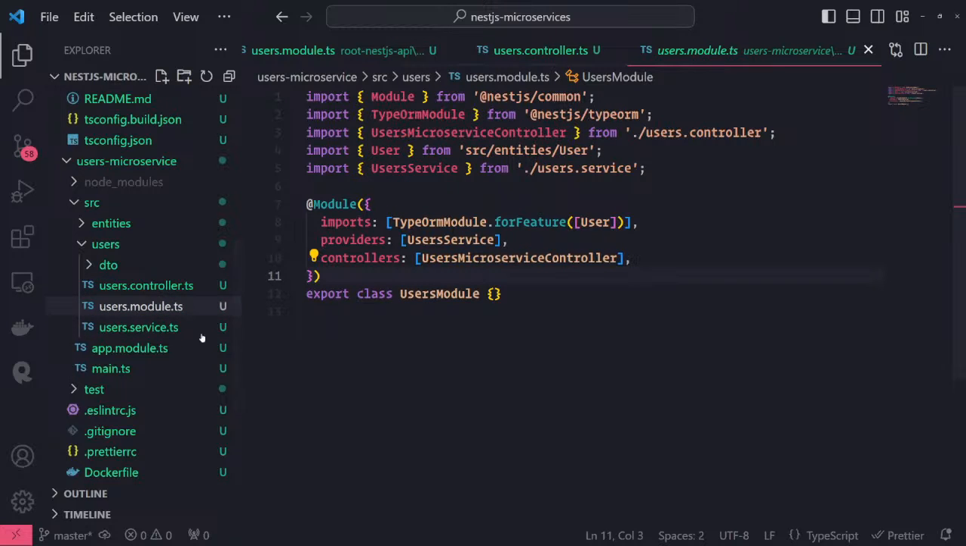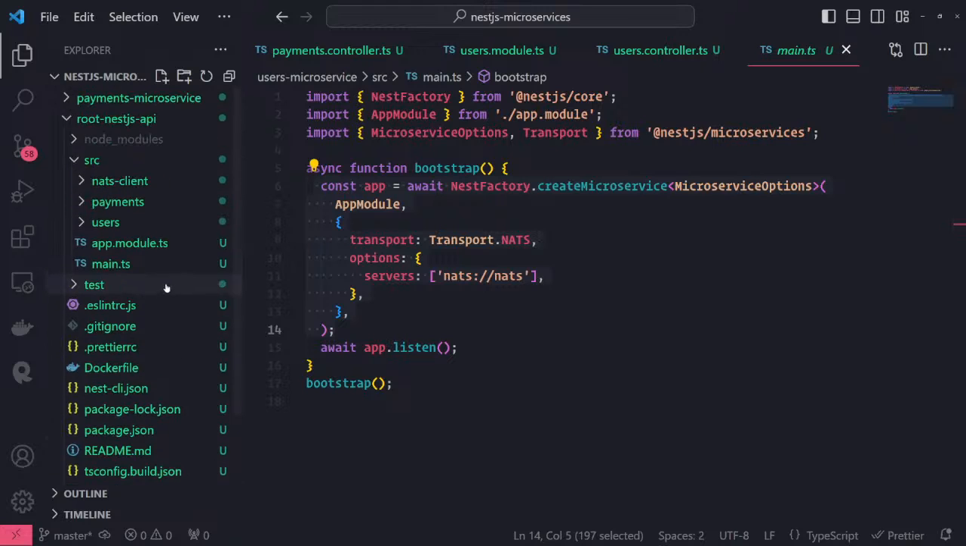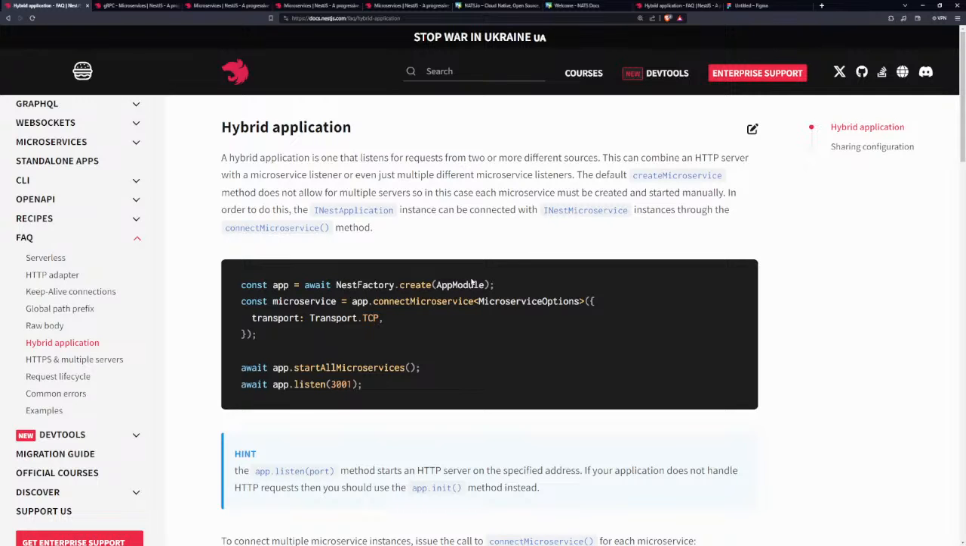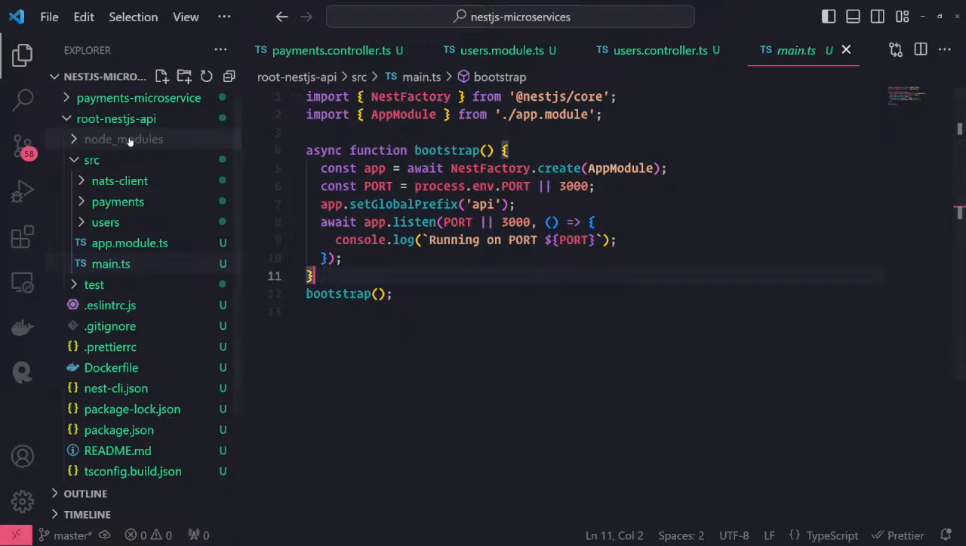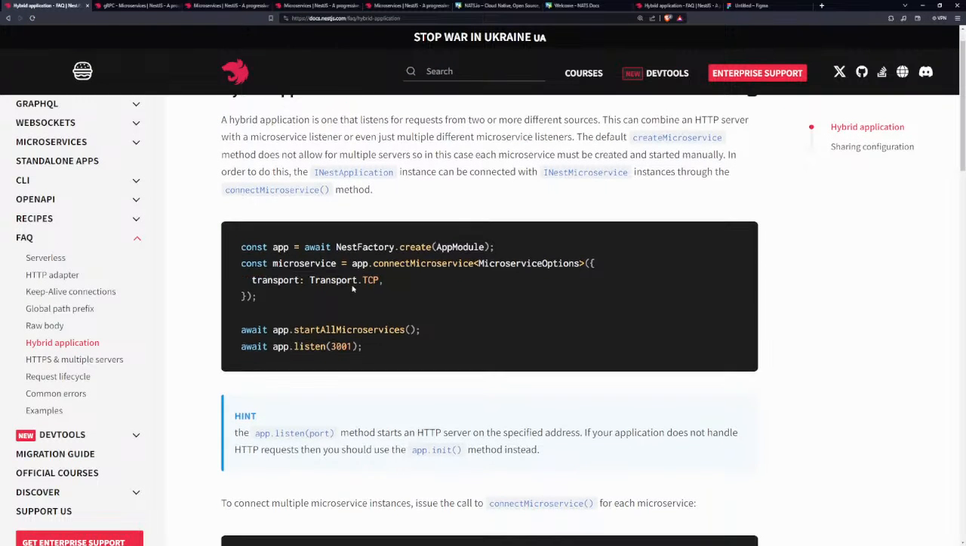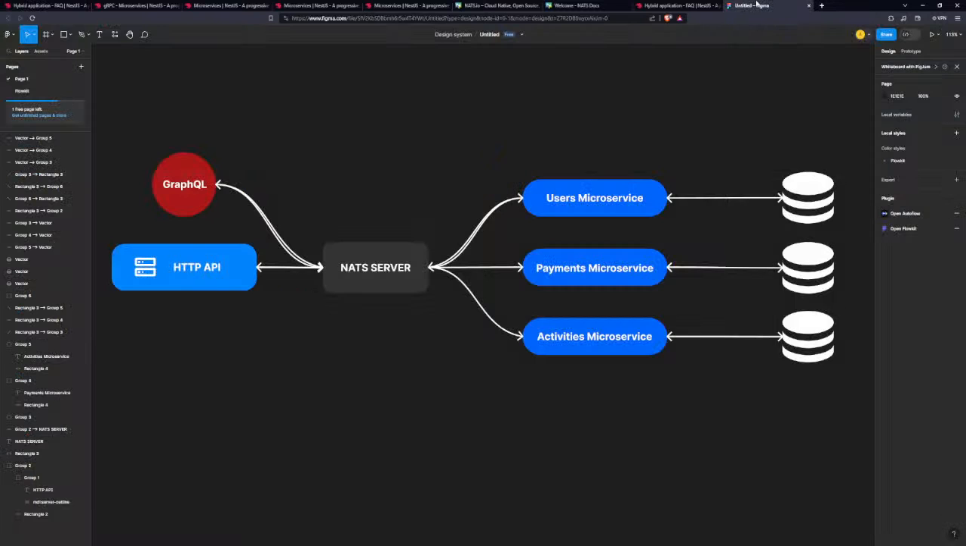But we didn't set it up that way because we only really need... Well, this is what it does, right? Not here, sorry, right over here. So right over here, we are listening to port 3000. But if we wanted to have a hybrid app where the root API can receive messages from the NATS server, all I have to do is just change what I have right over here, and just pretty much call connect microservice, pass in the transport, specify the server, and then there we go. So that's a great question, because